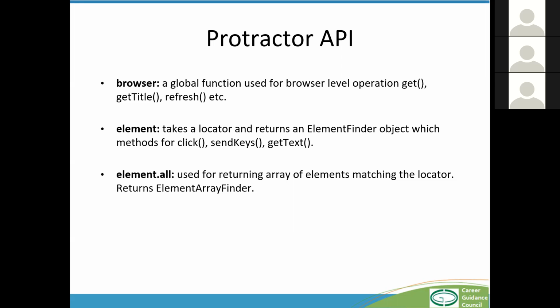Element is another function which takes a locator and it returns you an element finder object. This element finder object has methods for click, send keys, get text, etc., which we have seen. So click is for clicking on a button, send keys is for inserting data into some text box, and get text is basically for reading text of an element. Element.all is also one of the functions used in Protractor, which is basically for fetching all the elements, like an array of elements matching the locator. For example, if a locator matches, let's say, 3 buttons,